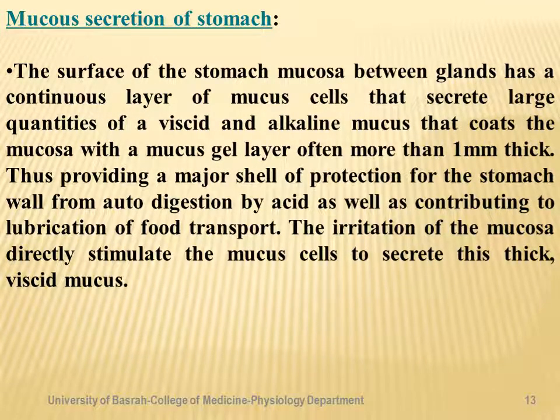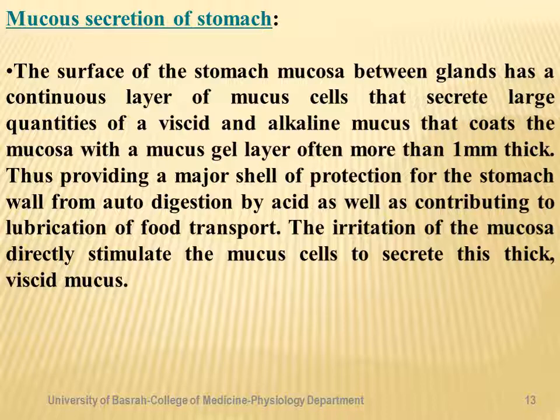The mucus secretion of the stomach, the surface or the mucosa lining of the stomach. The surface of the stomach mucosa between the glands has a continuous layer of mucus-secreting cells that secrete large quantities of viscid alkaline mucus, forming a coat, a mucus gel layer often more than 1 millimeter in thickness. Usually we have mucus-secreting